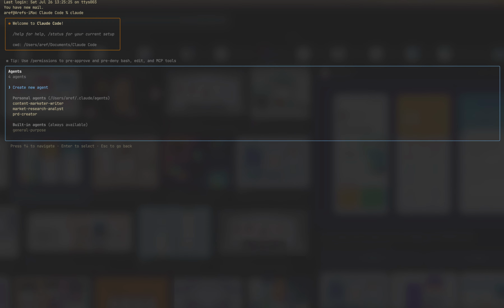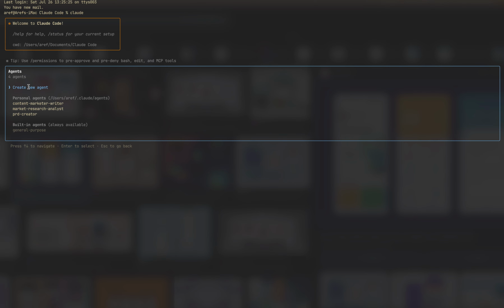This is where Claude Code helps you configure, but also create new ones. As you can see, first menu is create new agent, so brand new, and Claude Code can help you with that. The second one is the ones that I already created a few days ago: content marketer, market research analyst, PRD creator, and so on. And today we're gonna use a step-by-step approach to show you in a very simple way how to create a